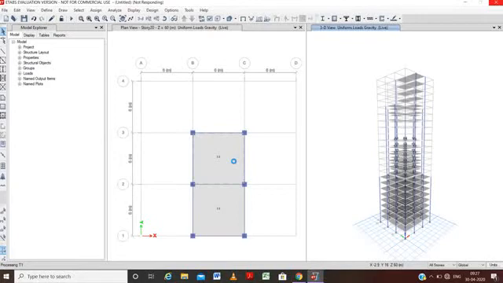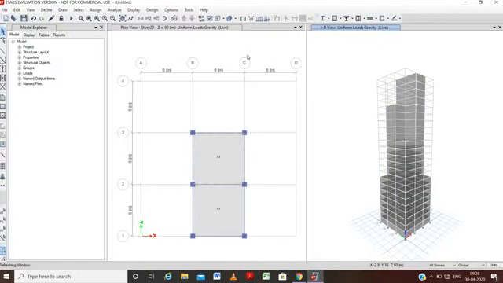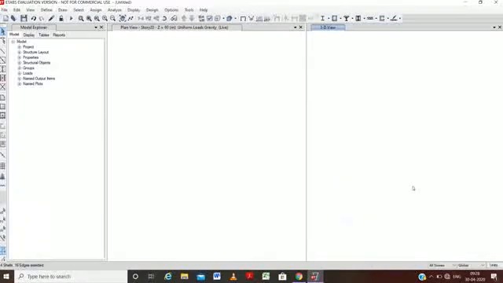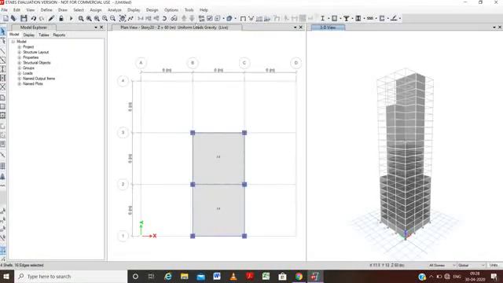You can watch, it will take some time and auto cladding will be done to the whole building. So auto cladding has been done to the whole building.